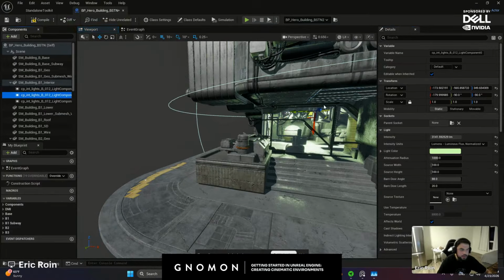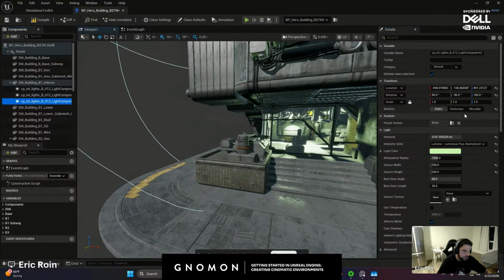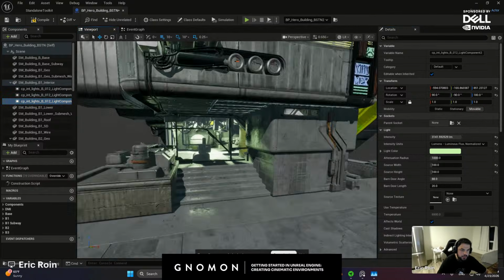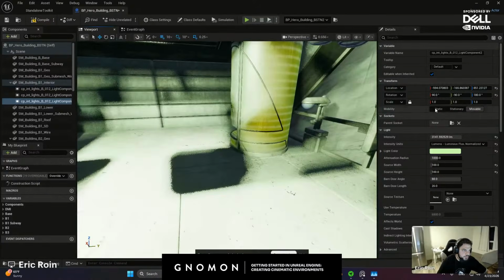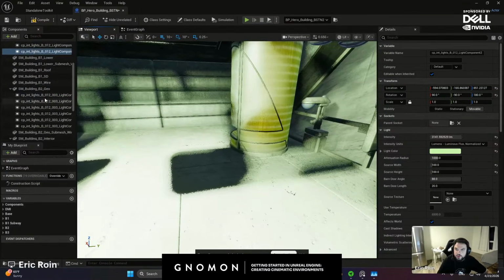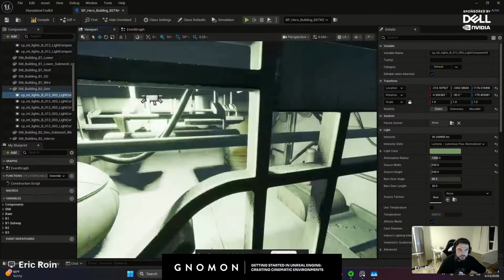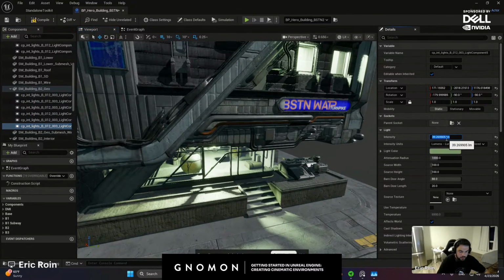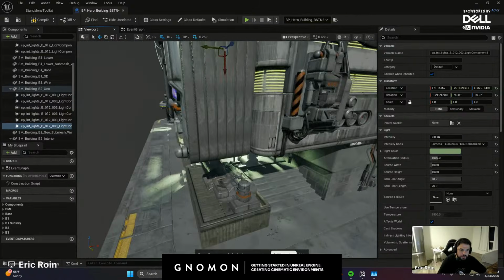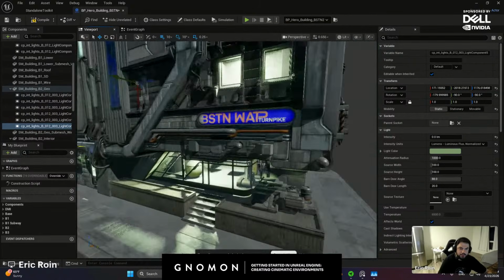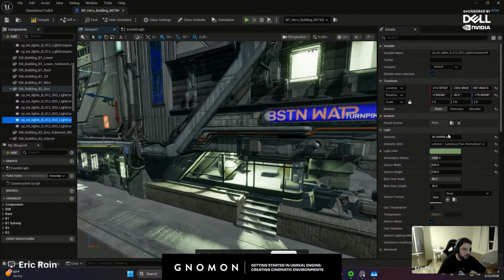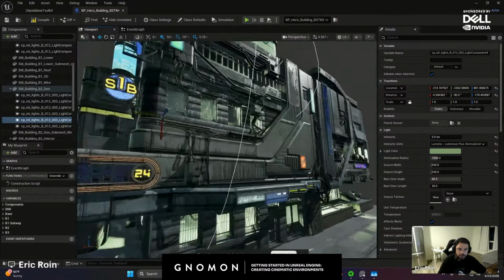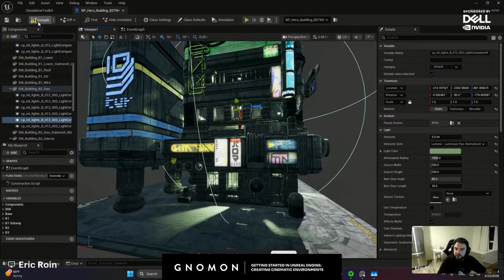Now I'm going to go in and set these lights to movable. I know it can be expensive in terms of performance, but it should give us more authentic shadows. Remember, before it was set to static and it was kind of showing some previews. And I'm sure it was partially set for optimization purposes. Let's see. Also, if you disable a light source and set it to 0, it's not going to slow you down, even if the light source is present but set to 0. So this is one way you can optimize things and just disable lights that might not be needed or maybe not seen from that angle specifically.